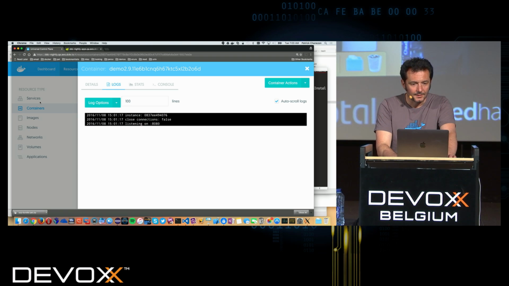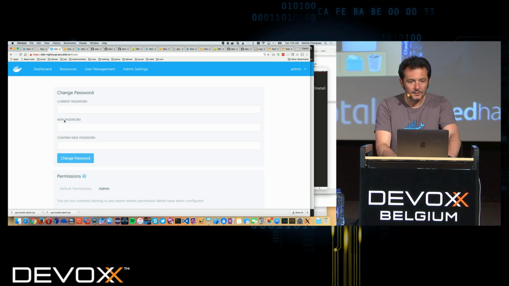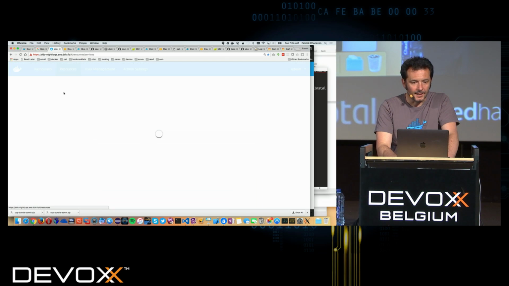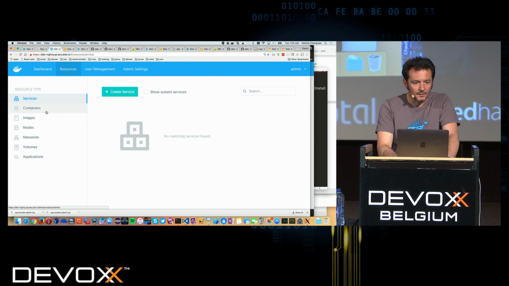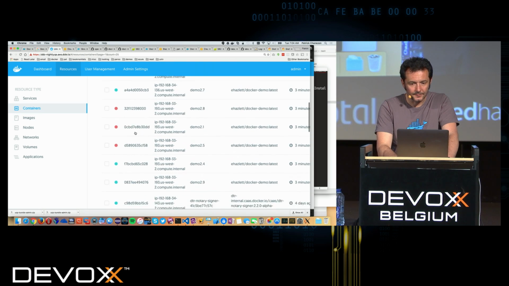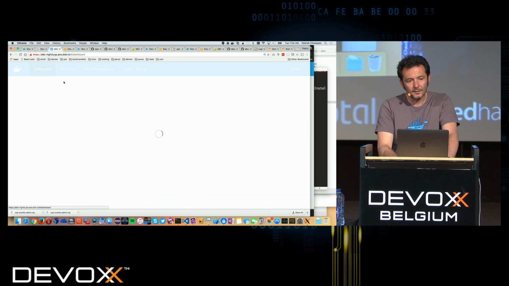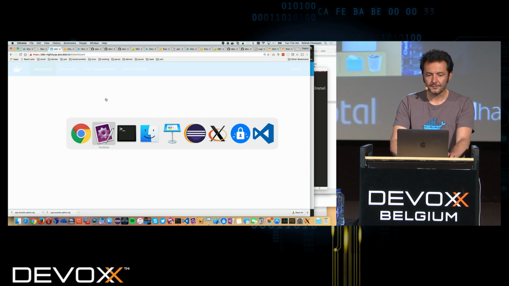Okay. But just to show you that I can see only the containers that I have created, while if I'm the admin here, basically I can see all the containers that everybody has created, the ones there, but also the other ones. So that's Universal Control Plane in short.